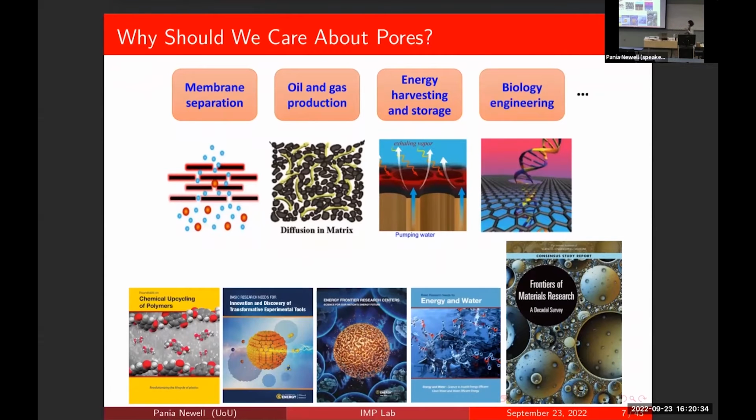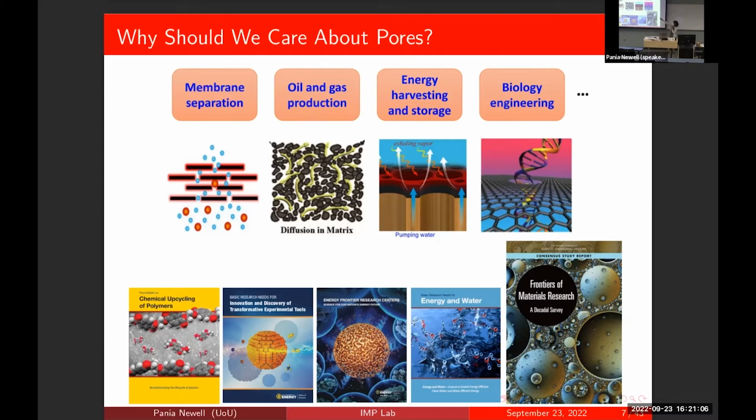So this has been noticed by many funding agencies, including the Department of Energy. For various reasons, we all need drinking water. So we need to extract this water from the drinking water resources that we have, that most of the time are under the ground. And by the way, the subsurface is the largest porous media on the planet. And we need to be able to clean this up and filter it through and get drinking water.